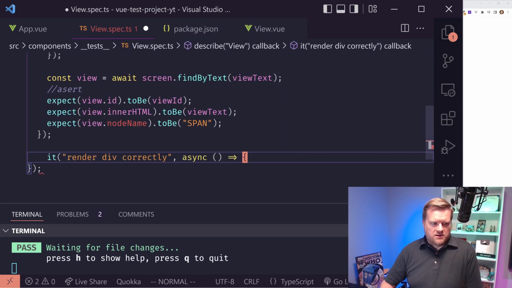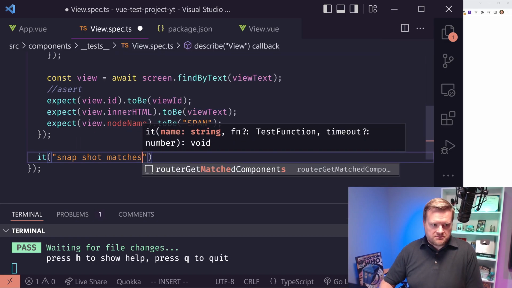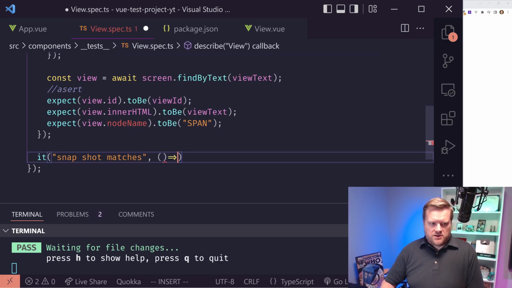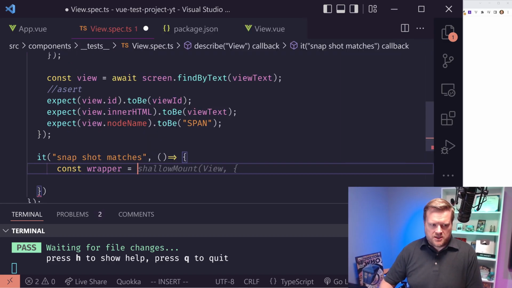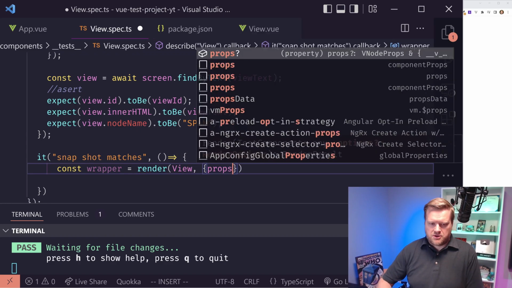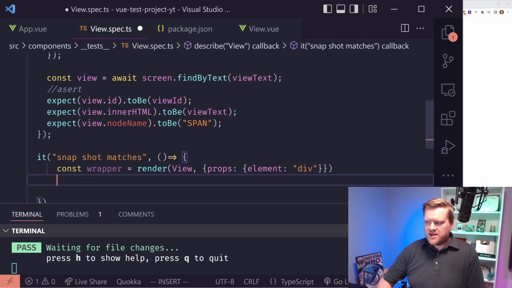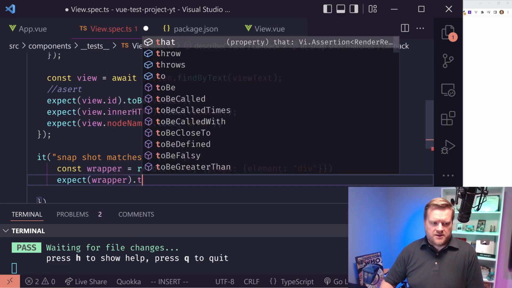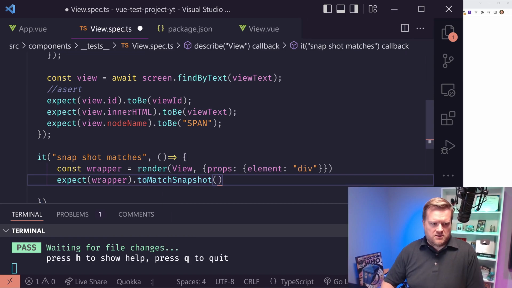So if I come here, let's add another one. I'm going to call this snapshot matches. And this one, I'm going to do a wrapper this time. I'm going to use the render, and same thing we did before, it's going to be the view. And then we're going to add in the props and element. This time I'll do a div. And now we can do expect wrapper. And there's this toMatchSnapshot. toMatchSnapshot. So if we do that,